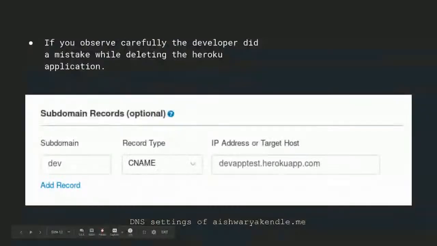Wait a second. Did we observe that the team made a huge mistake while deleting the Heroku application? This is the screenshot of the DNS settings of that particular domain, aishwaryakenle.me. You can see that the subdomain dev.aishwaryakenle.me still has a CNAME devapptest.herokuapp.com. So they deleted the application from herokuapp.com, but the CNAME for that particular subdomain is still present in